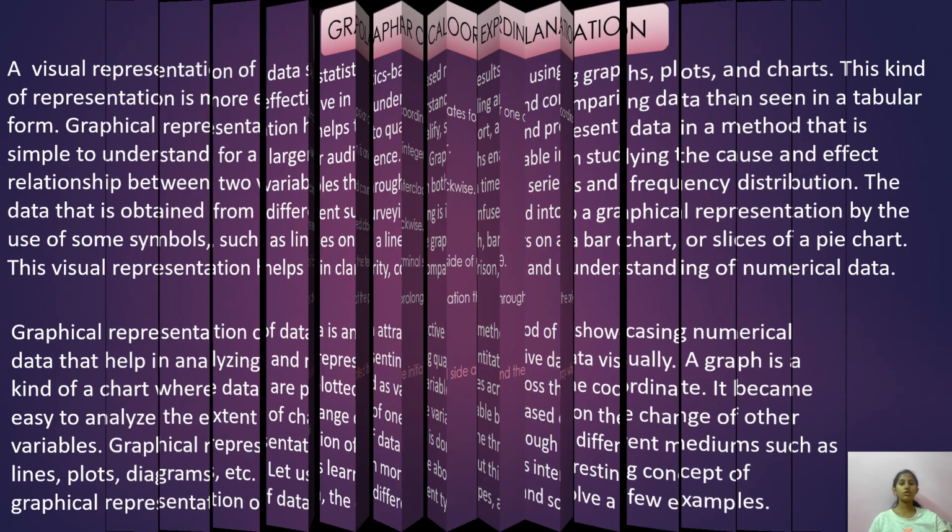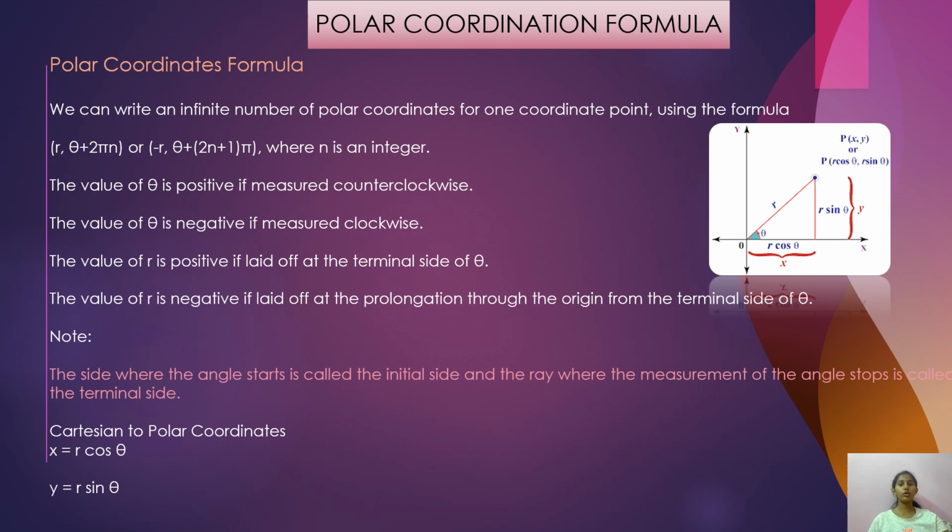So let's know about the polar coordinate formula. We can write an infinite number of polar coordinates for one coordinate point using the formula. The value of theta is positive if measured counterclockwise. The value of theta is negative if measured clockwise. The value of r is positive if laid off at the terminal side of theta. The value of r is negative if laid off at the prolongation through the origin from the terminal side of